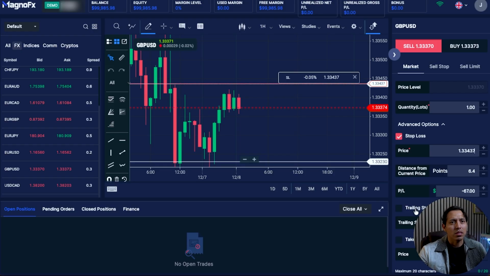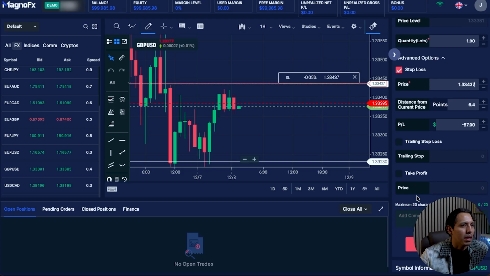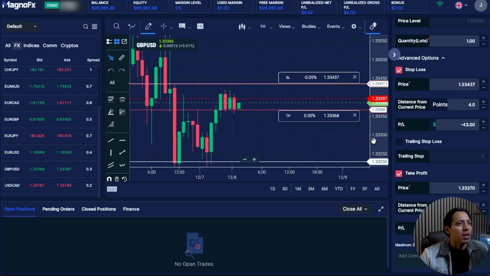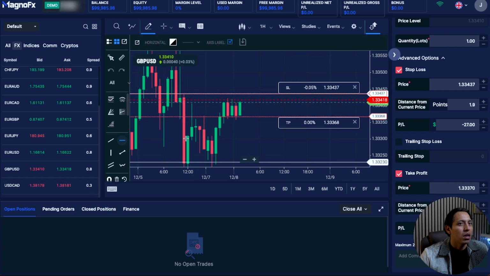What it basically means is you could have a continuous stop loss. It would follow you every 15 to 20 or 30 points or pips. Okay, but for right now, I'm not going to use that. And then I'm going to put a take profit here. Where's my take profit going to be? I already marked it up here with this horizontal line. It's going to be at